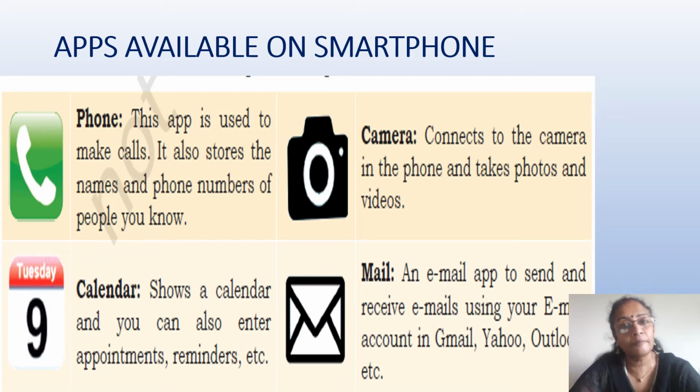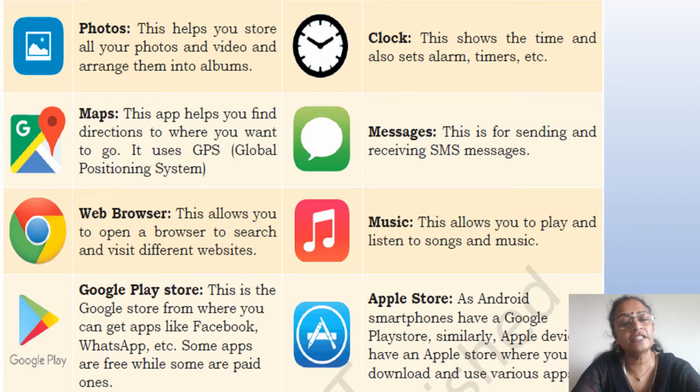The next important app is your email. You need not go to the laptop or desktop to check your mails. You can configure your email IDs on your mobile phone and check your mails even when you are on the move. The next is the photo feature. There is a photo gallery in which you can arrange your albums in different ways, so that you can get quick access to photographs that have been clicked or downloaded. The Google Maps feature helps you reach a particular place or gives you directions to it because of the GPS facility, that is, the Global Positioning System.